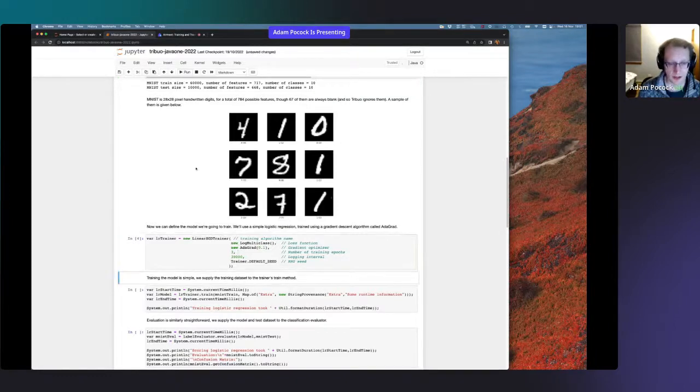So we're going to instantiate the trainer. We're going to train logistic regression using an algorithm called stochastic gradient descent. In Tribuo, that's represented with a linear SGD trainer. We have to tell it what thing we're trying to minimize, how it should measure how close its function is to the ground truth function, which is going to be a log loss because that's fairly standard. That's what makes it a logistic regression. We're going to use a particular algorithm called AdaGrad. There's lots of different kinds of gradient descent algorithms.